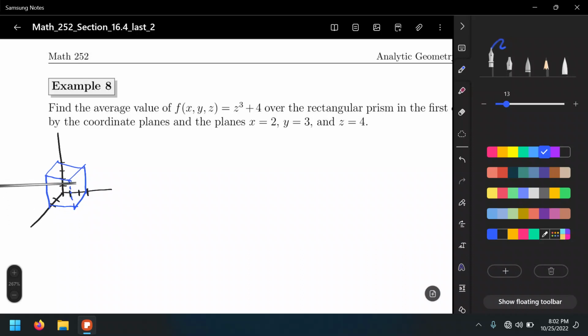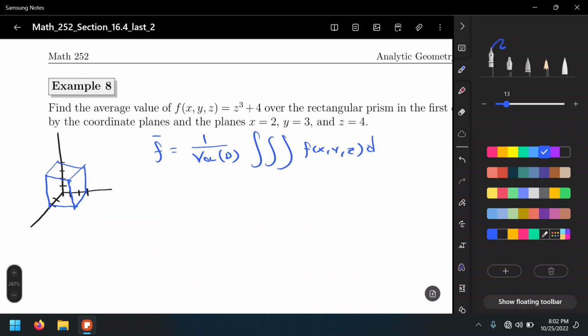All right, that came out okay. So that's the rectangular box over which we are going to find the average value of the function. The average value of the function, which can be denoted f with a bar, is 1 over the volume of the region D times the triple integral of f of x, y, z with respect to